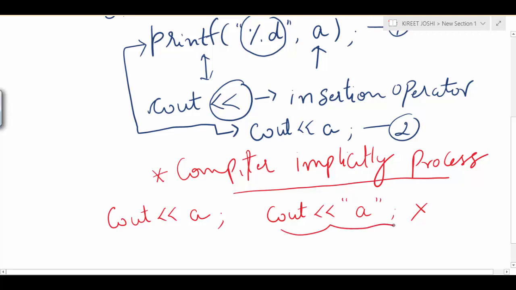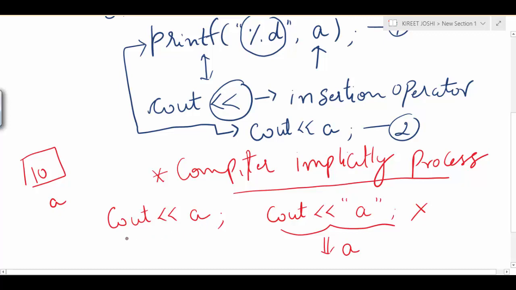Because this will print the character a or the string a on the screen. It won't print the value pertaining to this variable a. If I write the variable inside these quotes, it will be treated as a message to the compiler.